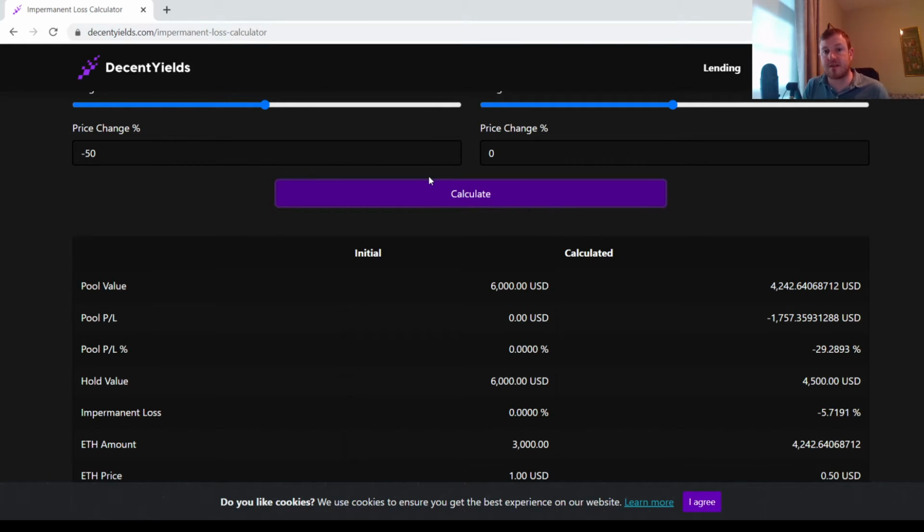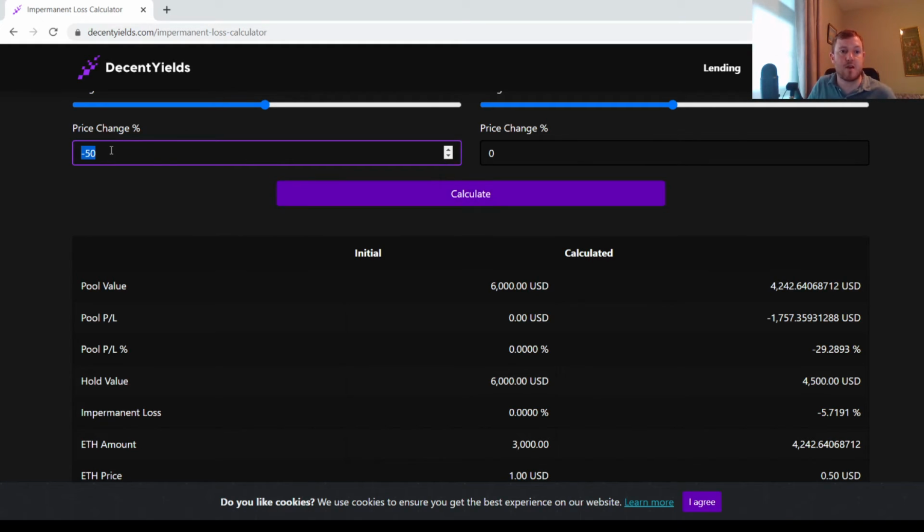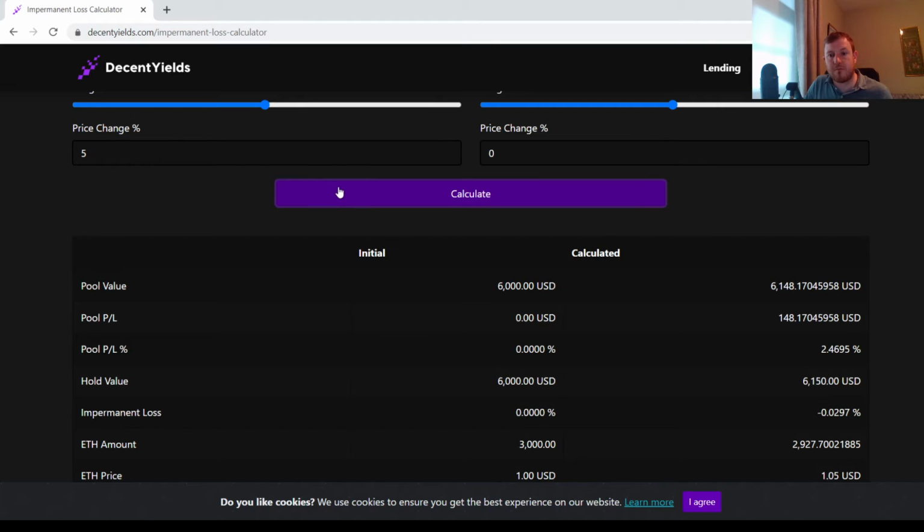But one important thing to note here is that an impermanent loss only becomes permanent whenever you remove your funds from the liquidity pool. It will increase and decrease depending on how much the ETH price fluctuates from the price that you initially deposited. The closer obviously it is to your initial price that you deposited to the liquidity pool, the less of an impermanent loss that you will have. So if I just change this here now, say if the price of ETH had only risen say 5% from when I actually deposited my funds, my impermanent loss in that situation is actually very low. It's like minus